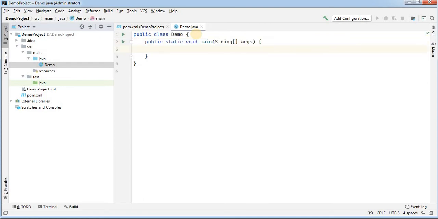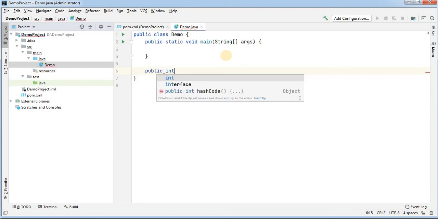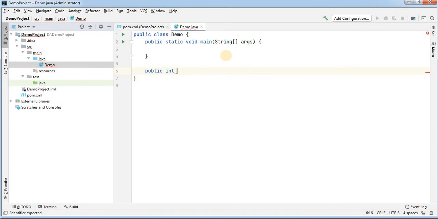Under the main method, let me go ahead and write one more method for addition of two numbers. Assume that I am going to write a method which will add two numbers and return the sum of the two numbers. So I am going to write a method: public, return type int, getSumOfNumbers.